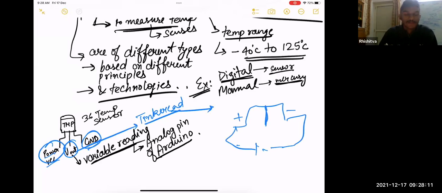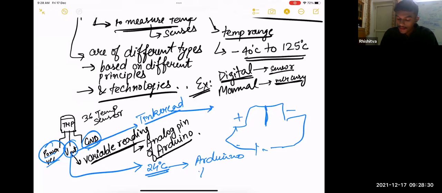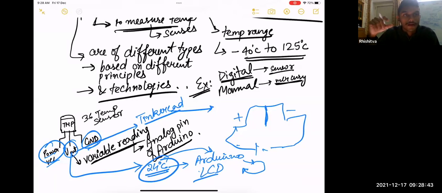Right now, this temperature sensor doesn't take the reading directly in Celsius. Let's say the temperature in my environment is 24 degrees Celsius. This temperature sensor won't give you the value as 24 degrees Celsius, and Arduino won't show it to you by giving a command to the LCD to show 24 degrees Celsius. No, it will give some signal. That signal will go to the Arduino, and the coding that we have done will convert it to a temperature reading. That is how it is working. That is why we are using this Vout, the voltage that is going through it.